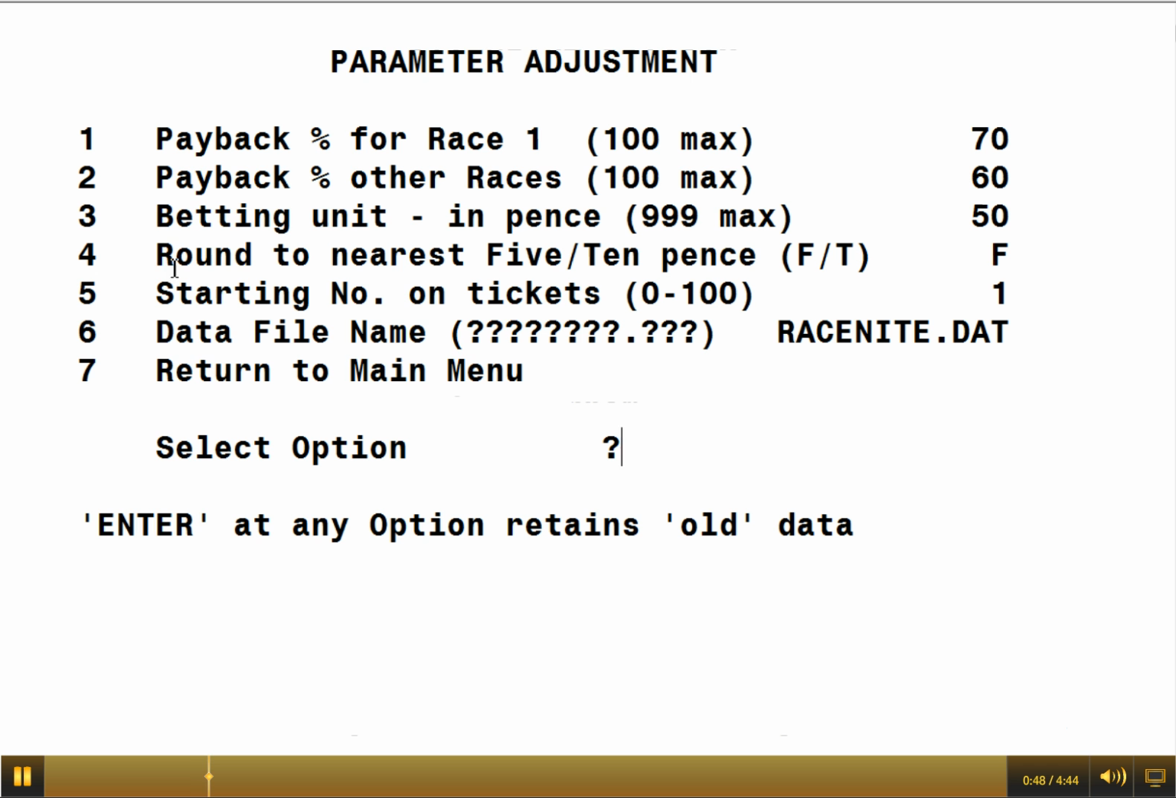And when you come to the payout, number 4 enables you to round the payout to the nearest 5 or 10 pence. F or T entered there appropriately. Number 5 is the starting number on the tickets, between 1 and 100. Normally the tickets are in books of 100, and when you start, obviously the first ticket will be showing number